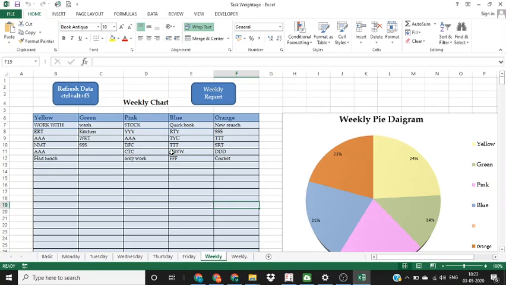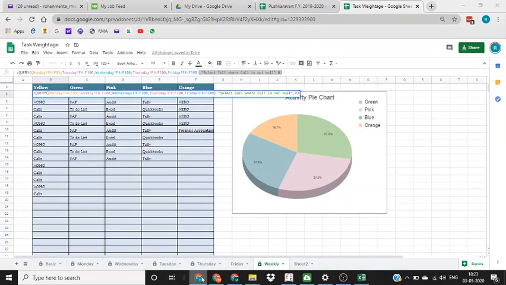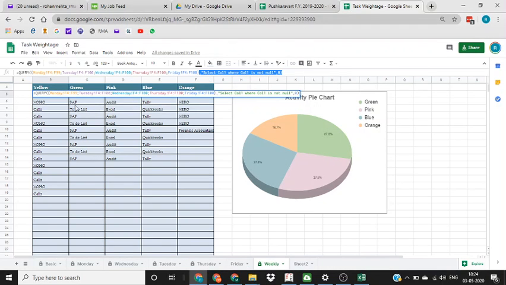To do this in Excel, I had to apply complicated macros, even after which there were some complications or difficulties which I was facing. But when I came to Google Sheet for the same problem, it got resolved by writing this simple query. Yes, this is the query. Though the query was long and difficult to identify, once I identified the query and I knew how to write it, the work was very much easier.